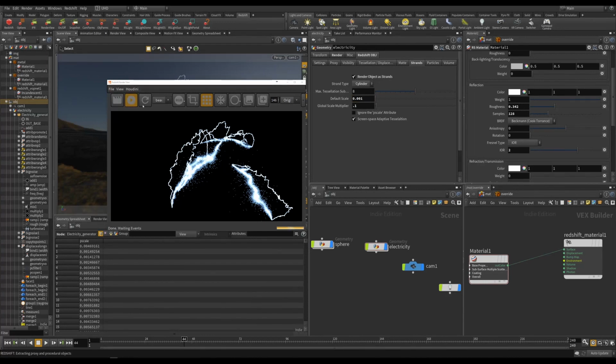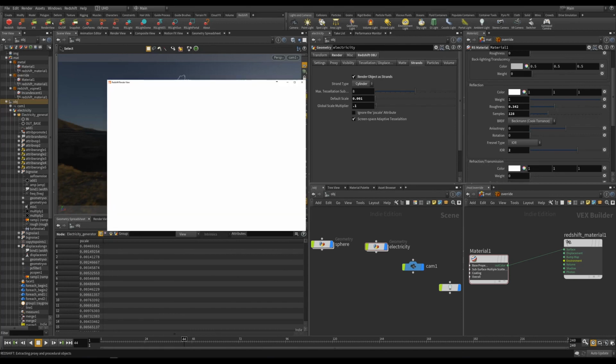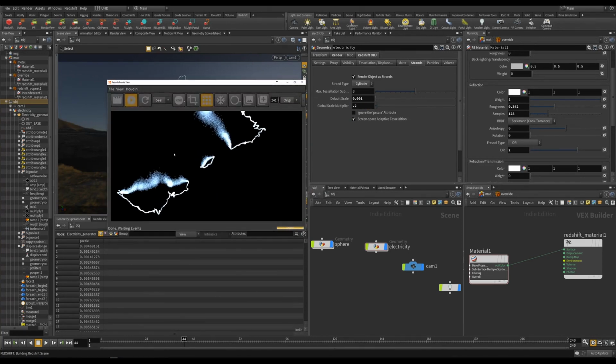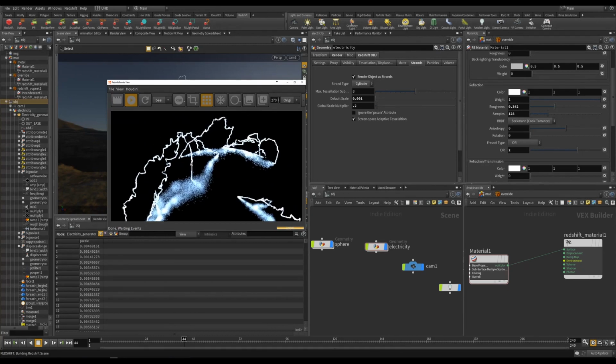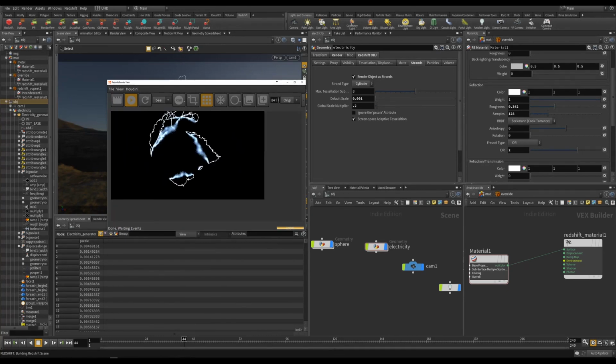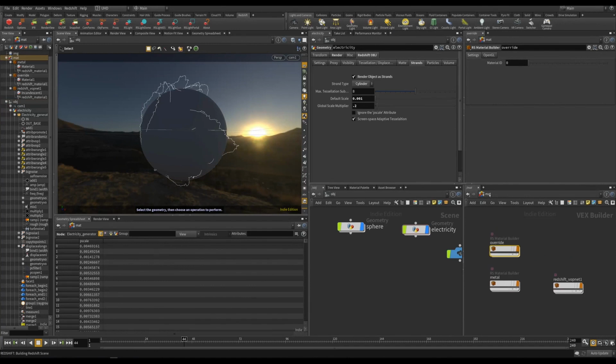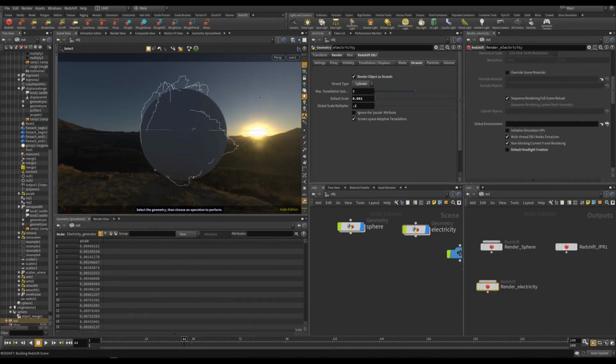I think it's too thick. Oh, well, good enough. Anyway, so now we have this, and now we want to go to our render electricity